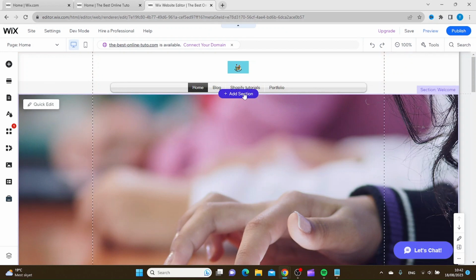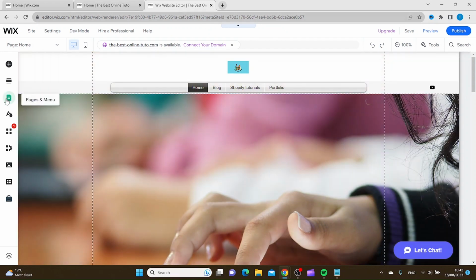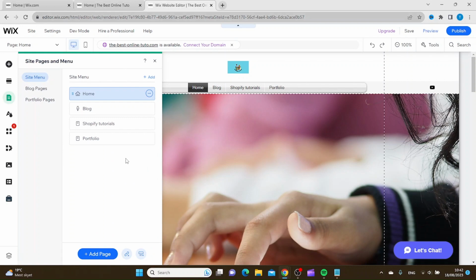editor. Inside the editor you want to click pages and menu on the left side. Inside here you want to click the page you want to have like the drop-down menu. So we are going to have this Shopify tutorials like a drop down under the blog, and then we click